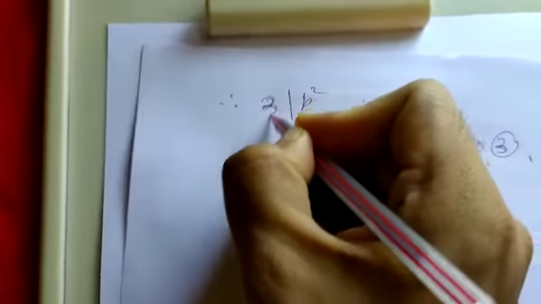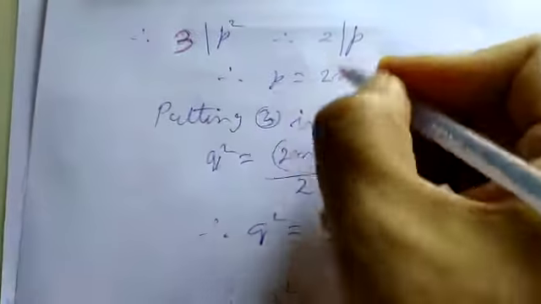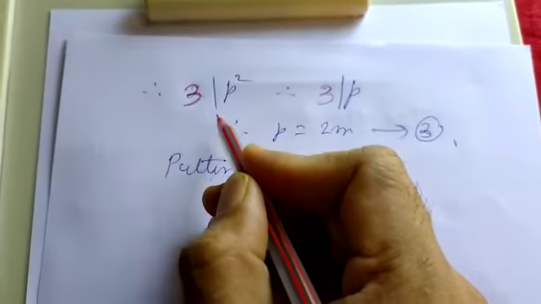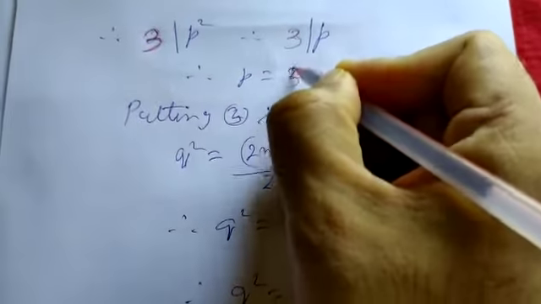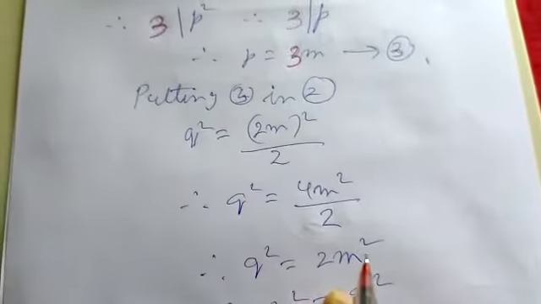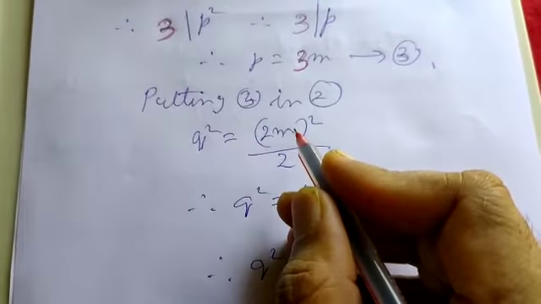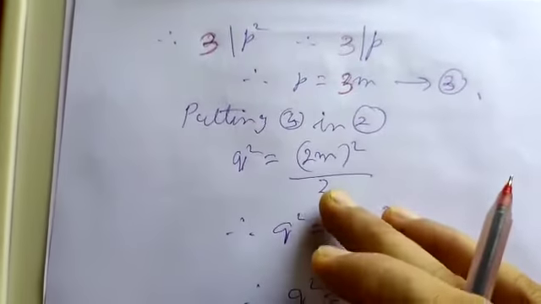Now again, we were having 2 here, but because now the new number is 3, replace 2 with 3. So it is 3q square, p square equals 3m. Therefore 3 will divide p, because 3 is dividing p square and 3 is a prime number. So we can write p as 3m. Then q square equals, because wherever 2 is there we are replacing it with 3,